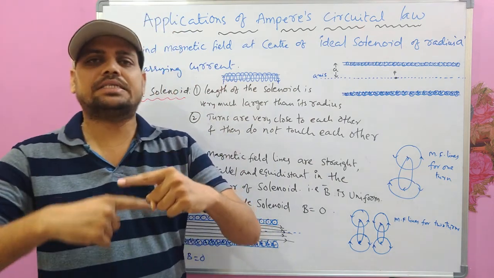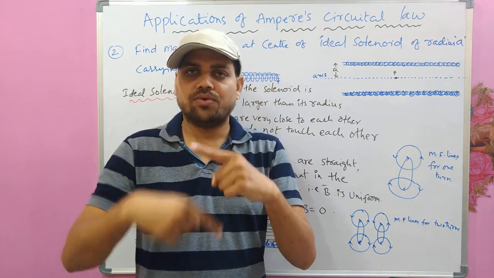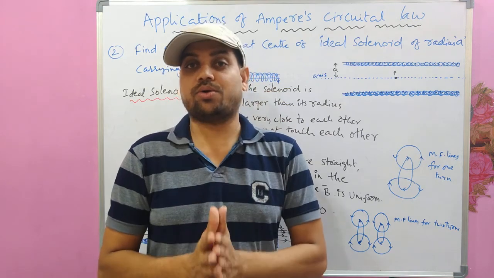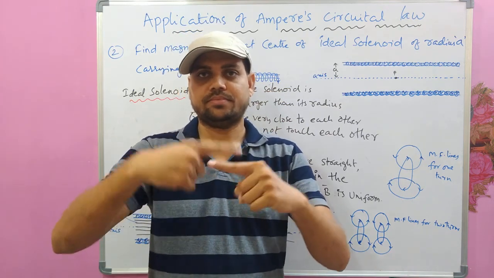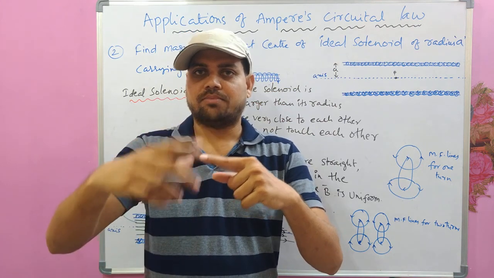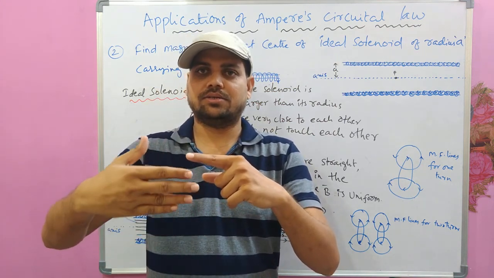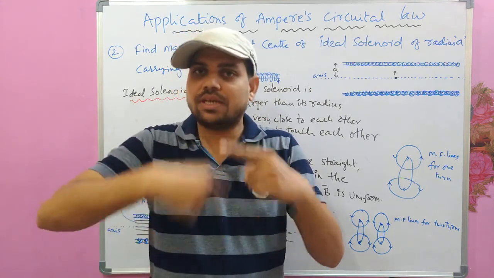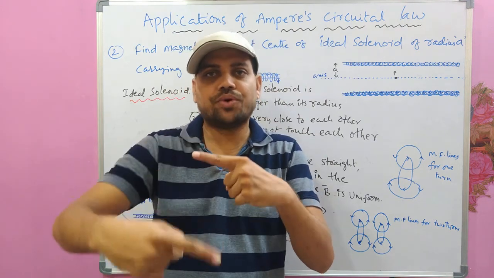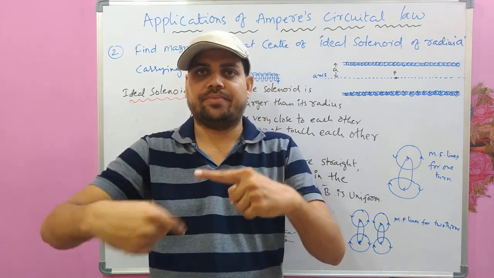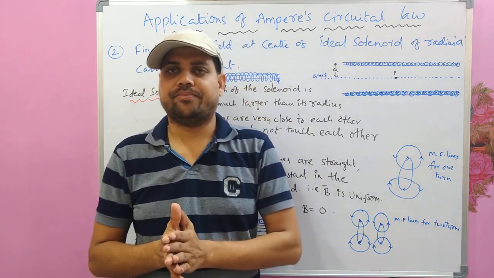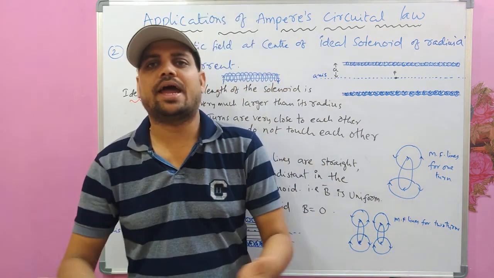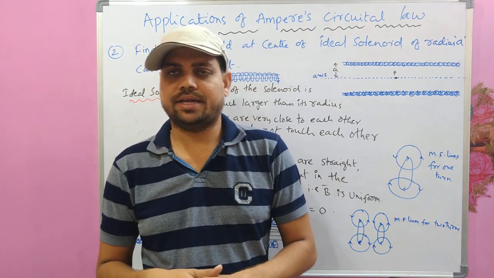Okay, a solenoid is nothing but a wire wound on a cylindrical non-conducting core like a helix. Some wooden tube or some plastic tube which is non-conducting, on which the wire is wound like a helix. This is a solenoid. If the wire is connected to a battery, some current flows through it and it acts like a source of magnetic field.